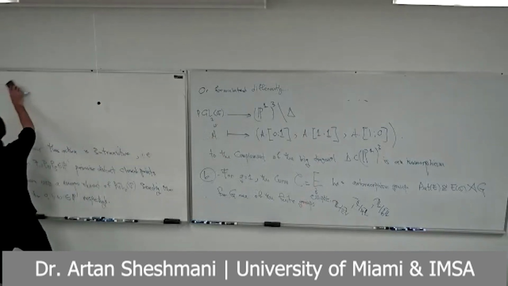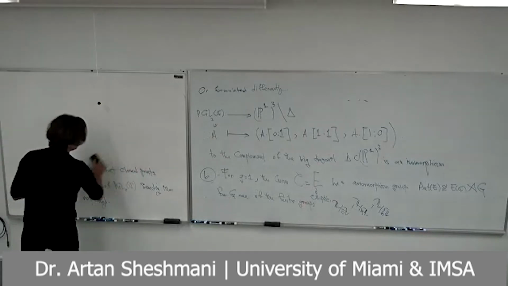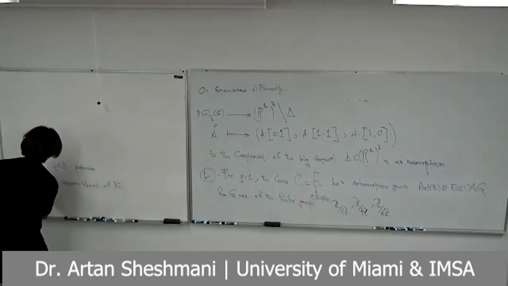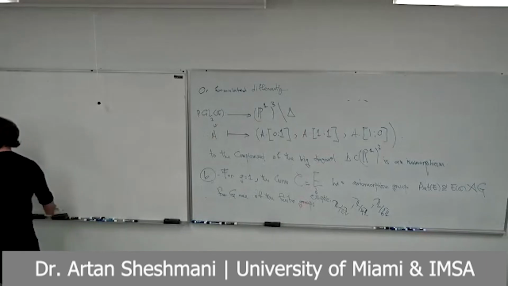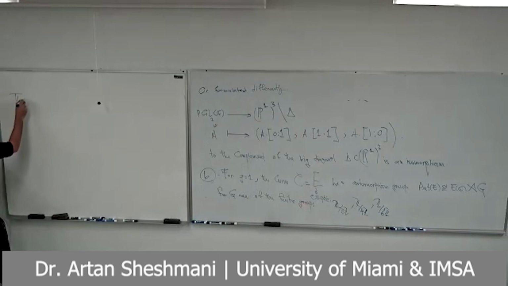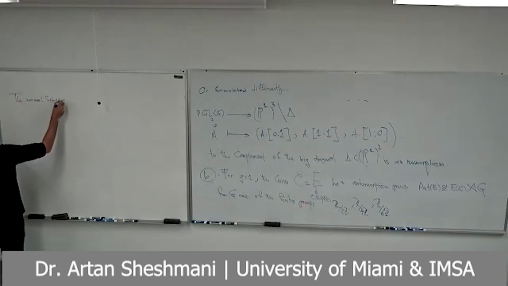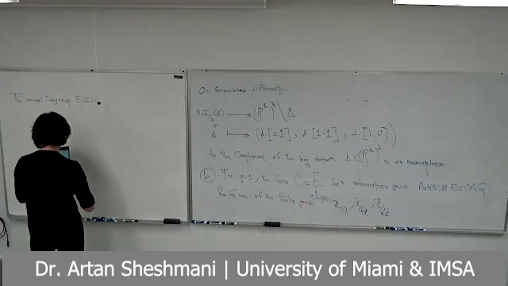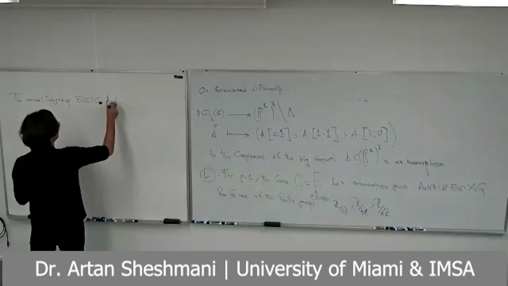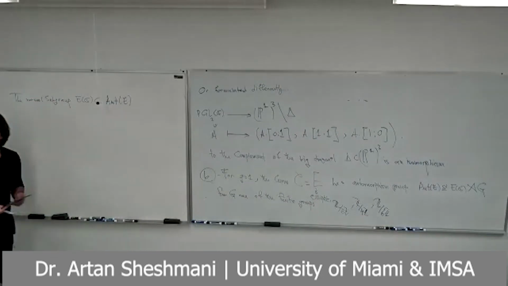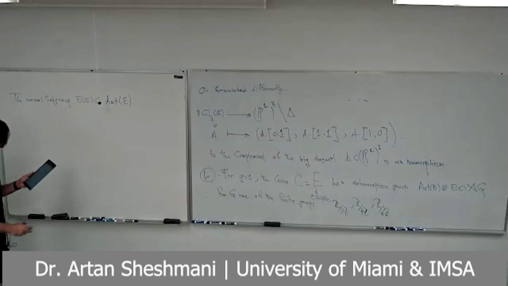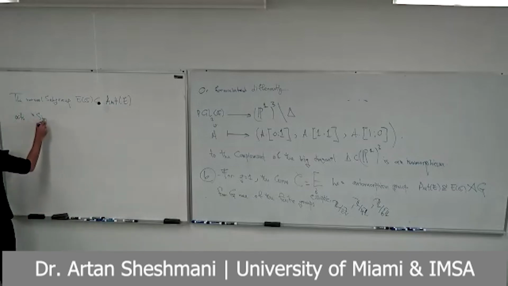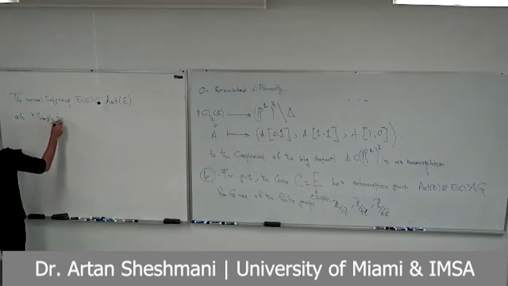So this E of C is the normal subgroup. So the normal subgroup E of C, which is a subgroup of the automorphism group of the elliptic curve E, acts, they call it simply transitively,